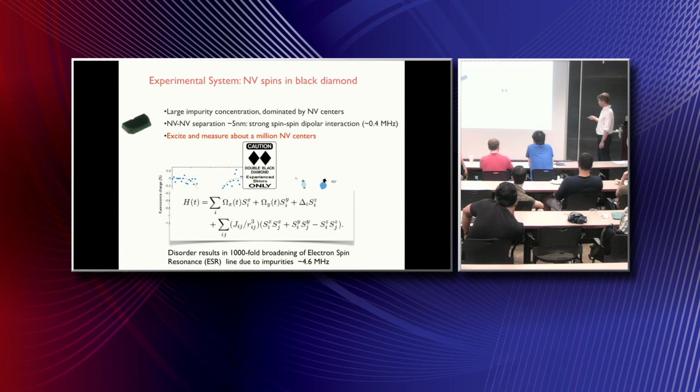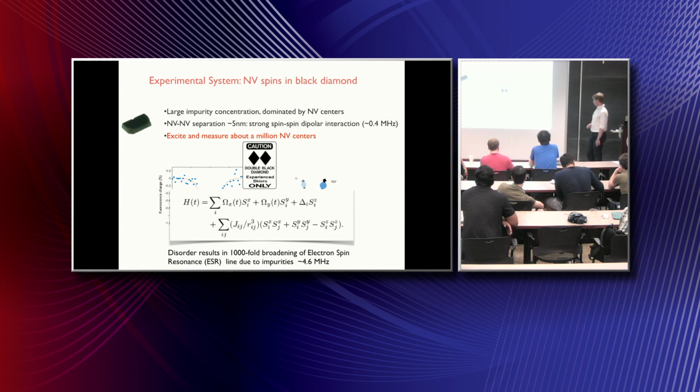You have some detuning of the field, which will have a random component, and this is due to the local magnetic field, which will perturb the position of this NV center. And then there will be these dipolar interactions. And dipolar interactions we will use to basically stabilize, for example, time crystalline response.